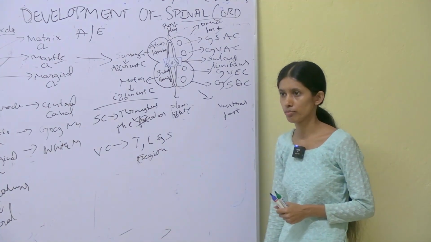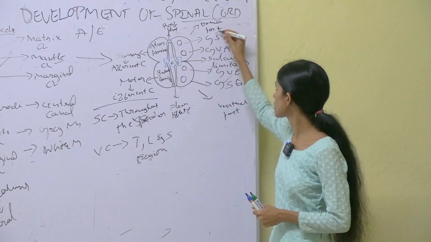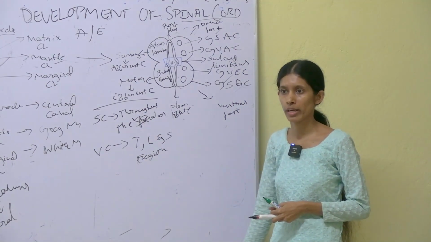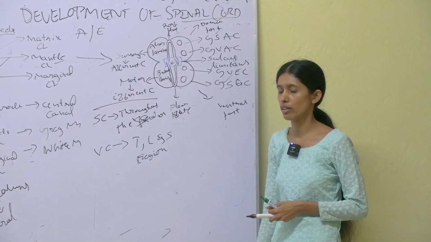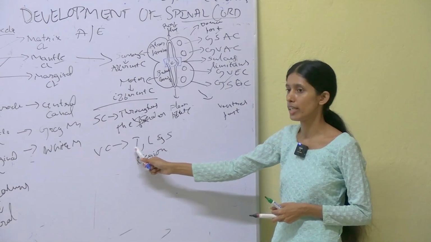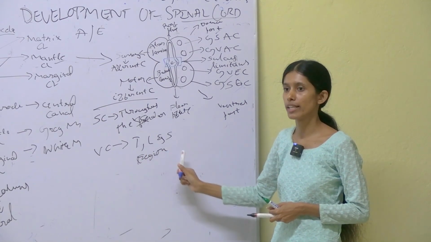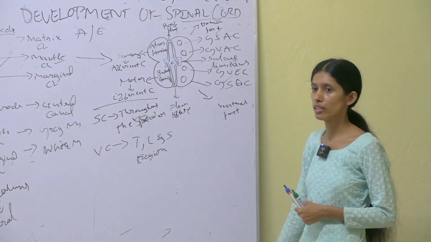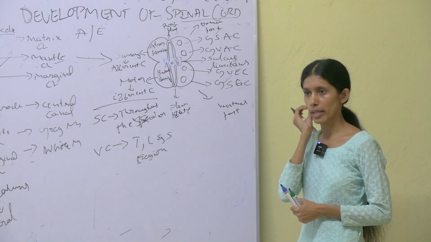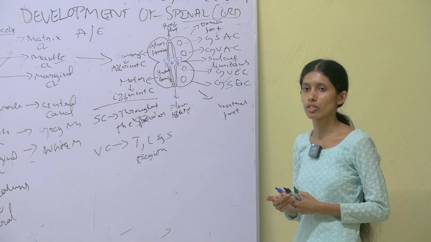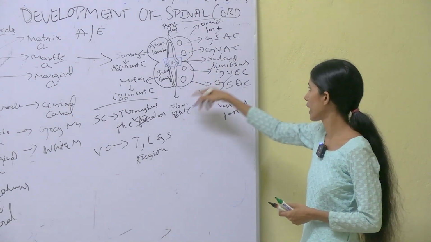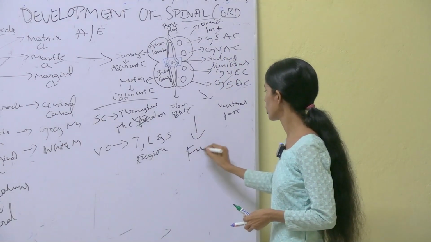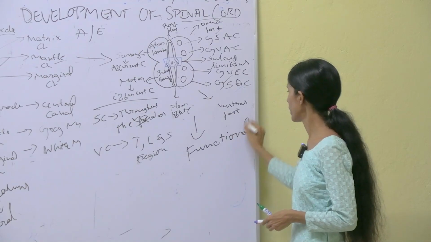MCQ questions, okay. The somatic columns, this one and this one, can be seen throughout the spinal cord, whereas the visceral columns can be seen only in the thoracic region, lumbar region and sacral region. The concept of knowing about the columns of your spinal cord is called functional components of the spinal cord. Whatever diagram I have written here, this whole concept is called the functional component